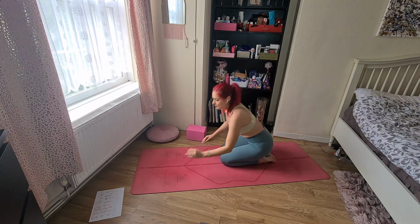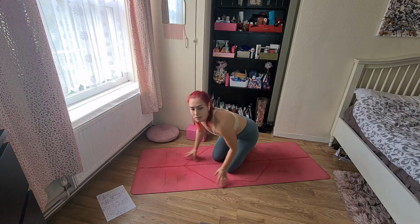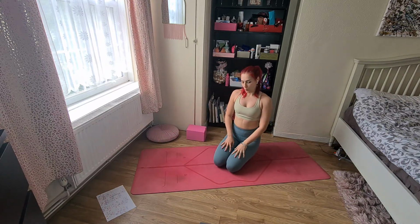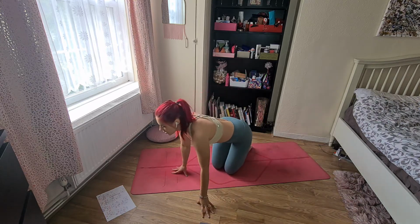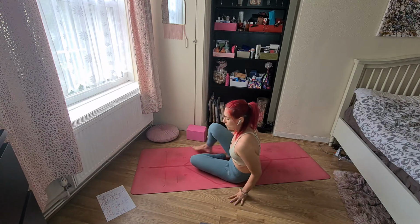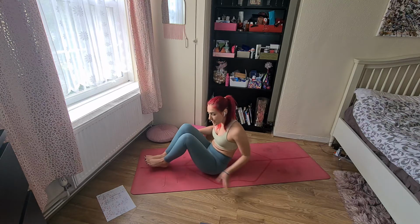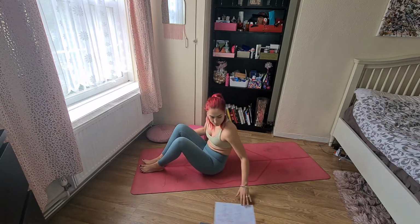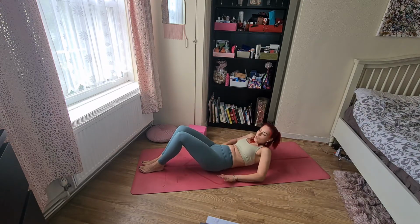And just relax. And now we will be starting our yin practice today, which is going to be from the supine posture. So just lie down on your back. Lie down on your back and just have